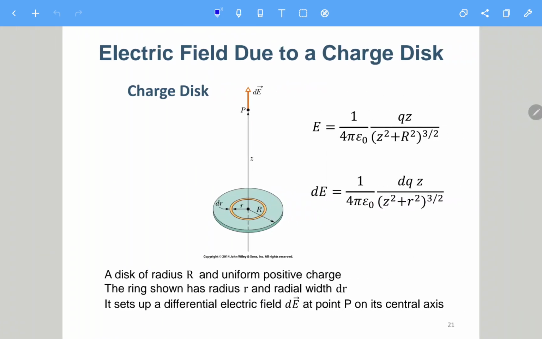Okay. Next, we talk about another structure, the electric field due to a charge disk. Just now we had a charge ring. For the charge disk, of course we need to separate it into many small segments. There are different ways to cut it into small charges. One trivial way is to cut it according to the Cartesian coordinate,